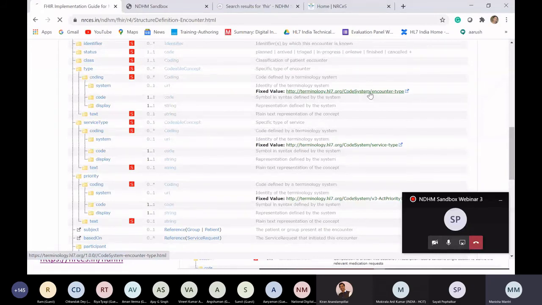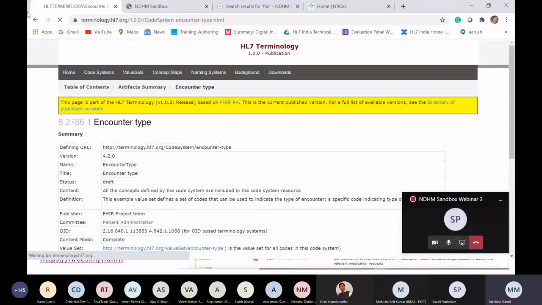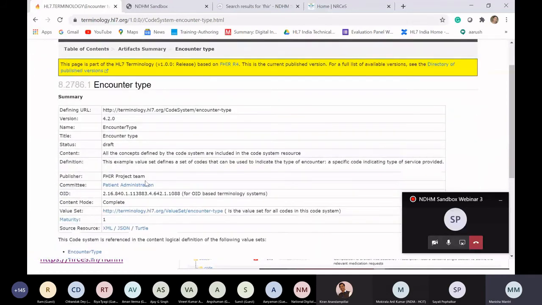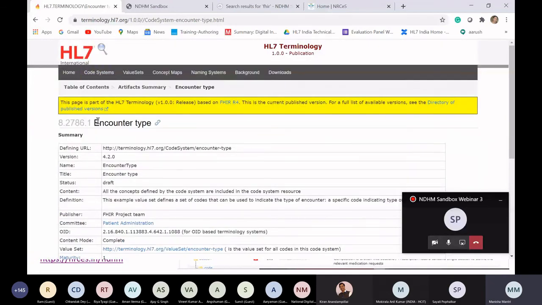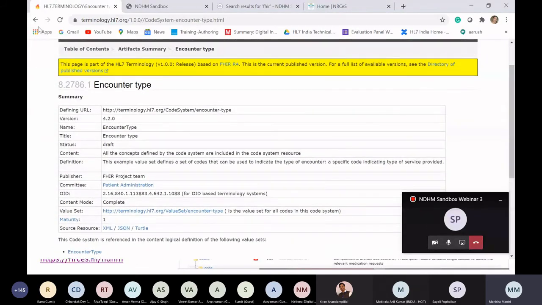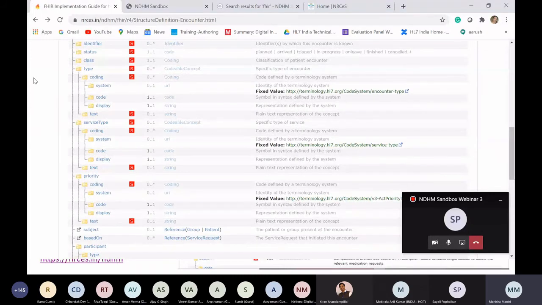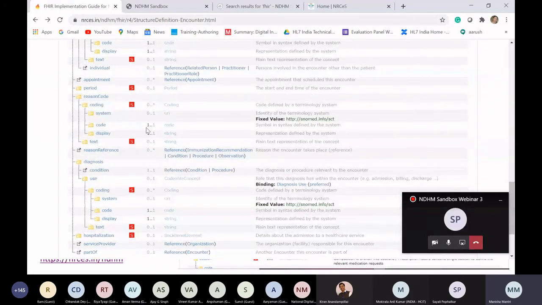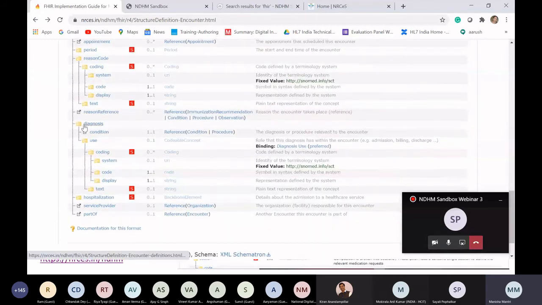And if we just try and check what all types of encounters are possible, if it is referring to the existing value sets defined by HL7, then those have not been touched upon. But if there are any new bindings that have been introduced, for example, here in diagnosis, we say that what is the use of this diagnosis, then the codes have been defined here, and the binding is put as preferred, so that as much as possible when you send a diagnosis and the condition and the use of diagnosis, currently it is not mandated, but when you share it and a coding is